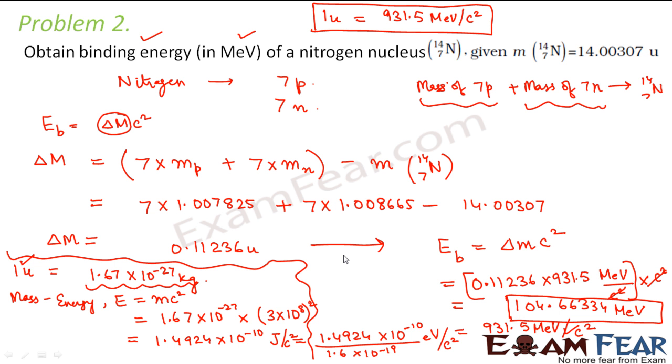Okay, so please make a note here that this c square, why did we divide it by c square? That's because the energy which we have calculated here comes out to be 931.5 mega electron volt, but we wanted to convert this mass, right? So the unit of mass would be energy by c square, right? This energy was 931.5 mega electron volt divided by c square. So that is why we write one atomic mass unit is equal to 931.5 mega electron volt by c square. Now let us look at the...